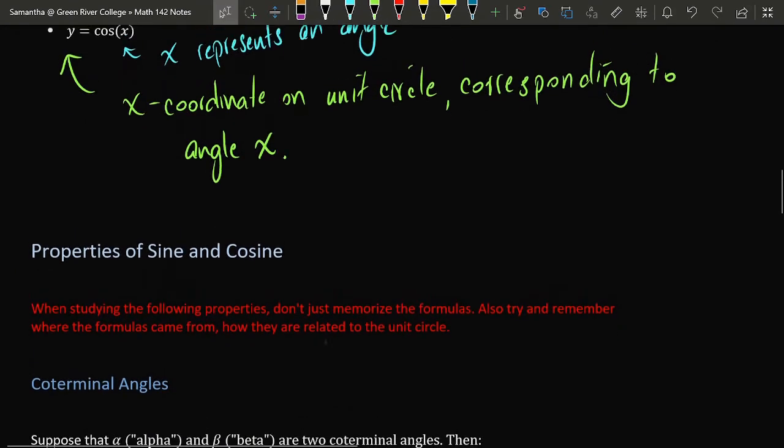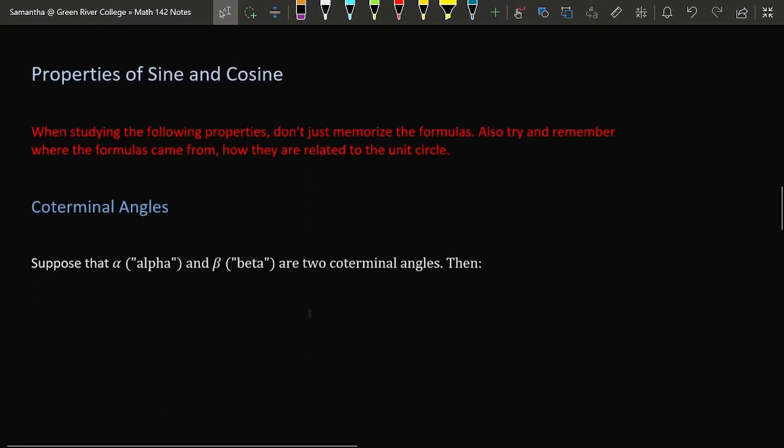Now that we've established that function notation with sine and cosine can get a little weird sometimes, let's practice looking at some properties of sine and cosine. As we're going through these properties and writing them all down, I encourage you not just to memorize them. I think it is worthwhile to memorize all the properties described in this particular video, but memorizing them without taking the time to understand where these formulas come from isn't a very good idea. You should really pay attention to how we are getting these formulas. It will really help you to keep yourself from making mistakes.